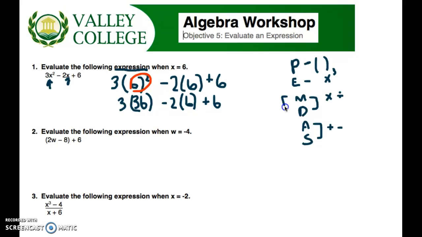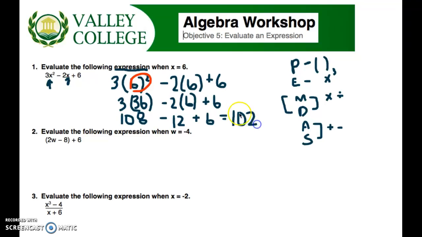Remember, I do multiplication and division before I do addition subtraction. So here I have 108, 3 times 36 is 108, and I'm going to take away 2 times 6, which is 12, so I do my multiplication first, and then I'm going to add 6. All right, so my final answer is 108, take away 12, add 6, and I end up with a final answer of